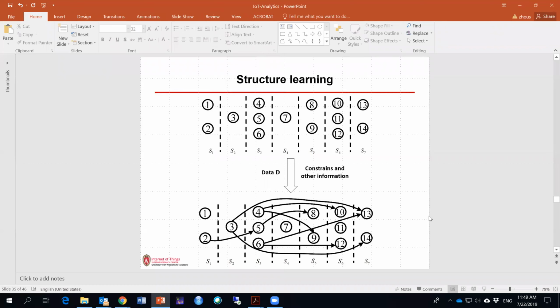And now the question is, how can we fit the structure? Based on the observed data from the random variables, we sample them and get a bunch of observation data. How can we find the conditional independence relationships within this graph? If we have a large amount of data, we can do this. You can imagine we can do testing. We test the independence between random variables, or conditional independence, and based on the testing results, we draw those graphs.